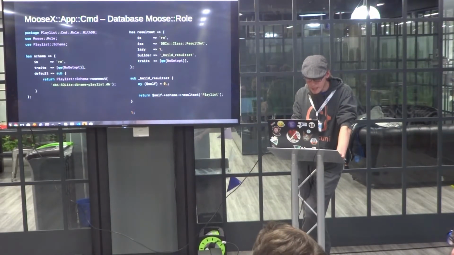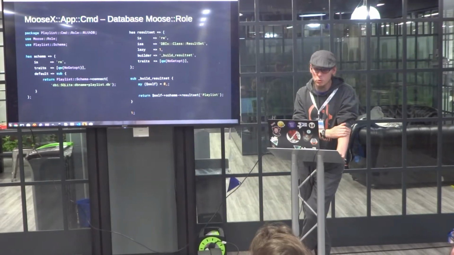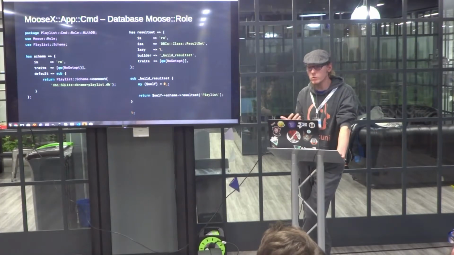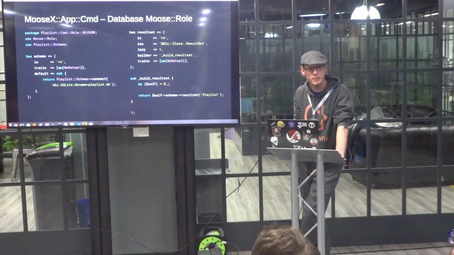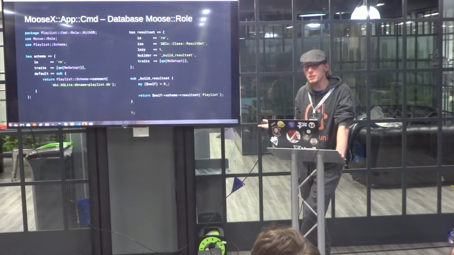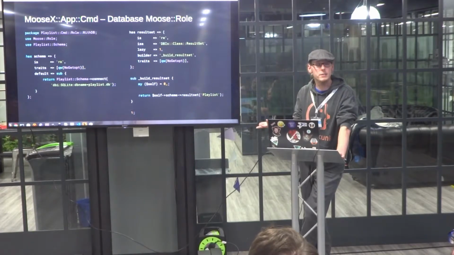Yeah, so how do we get the database in? We make a role. Because it's Moose, that's really convenient, and if we make a role, we can reuse that in all the commands. Well, we could make a base class as well and then inherit, but there are some things that you don't want to inherit into all your commands, like flags, like this yesterday that we also saw